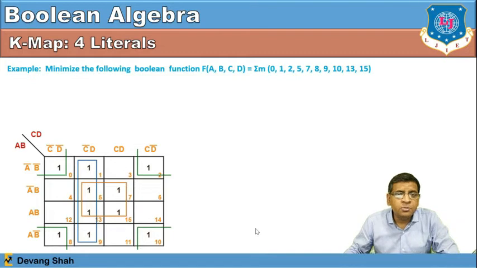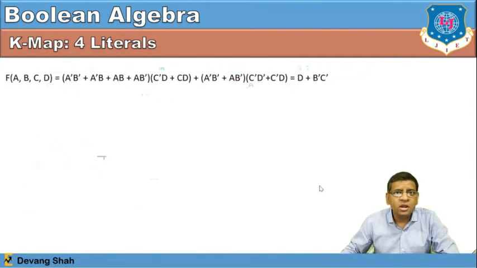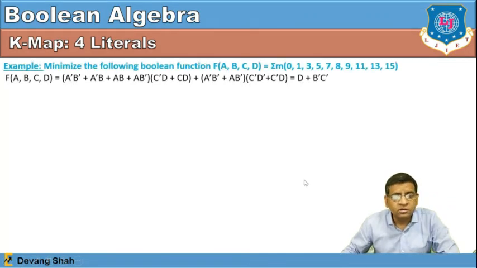So my answer is B bar into D bar. Once you write this, the answer is B D, the first one. B D represents the group of 2, then C bar into D represents the complete column of C bar into D, and B bar and D bar are nothing but the 4 corners of the block. In that way you can reduce the number of functions, and you can also implement the logic or digital